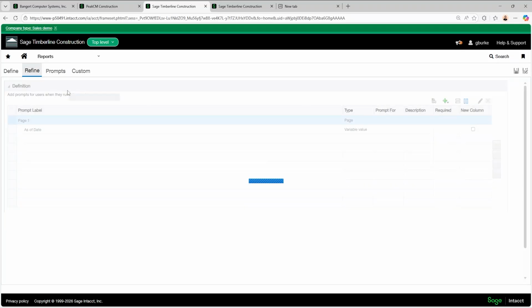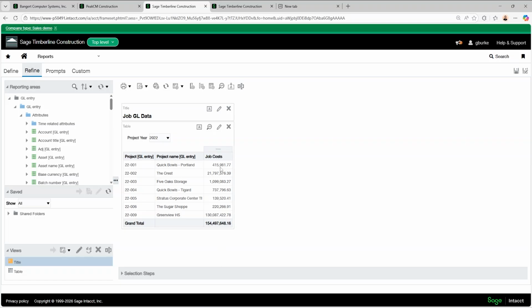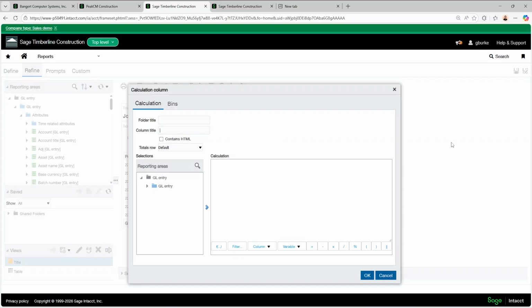So next, let's go to our Refine tab. So here we have the total job cost column. But now I'm going to want to do job costs as of, and then I'll put in my as of date right in the column title. And I'll do this by doing a little @ symbol, a curly bracket, and then as of date as we spelled it out in that presentation variable, and a curly bracket to close it. I'll also go ahead and copy that because we'll be using it in our function.